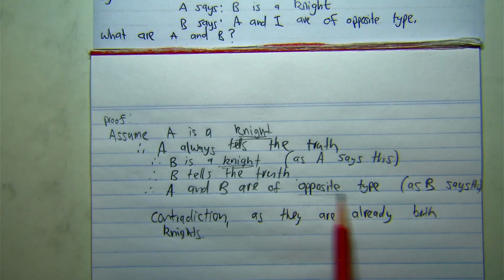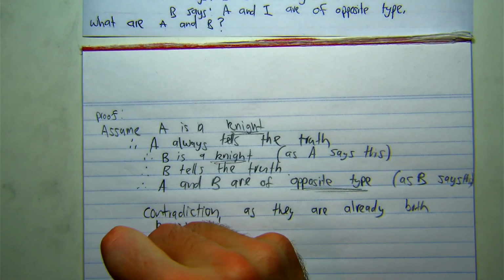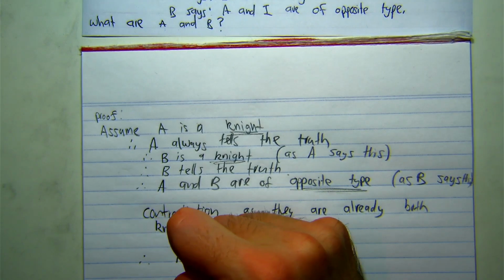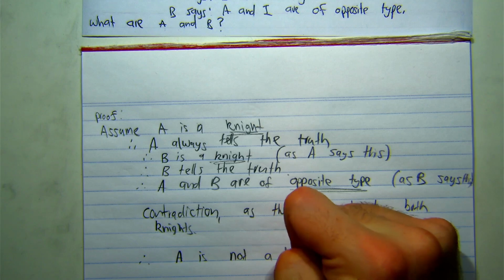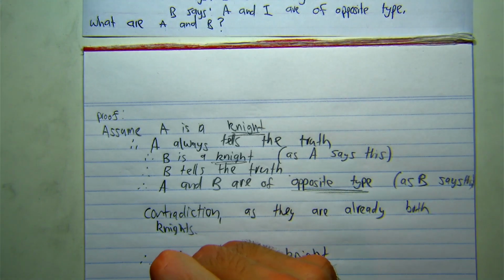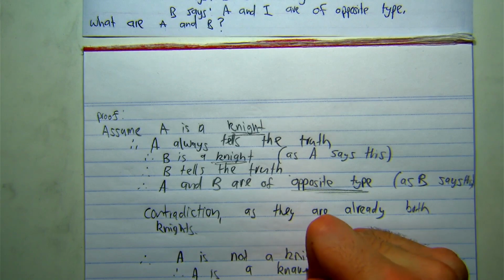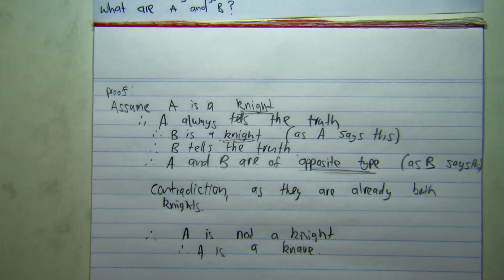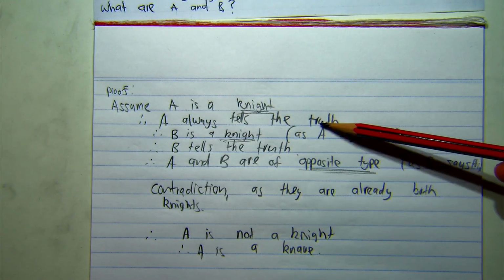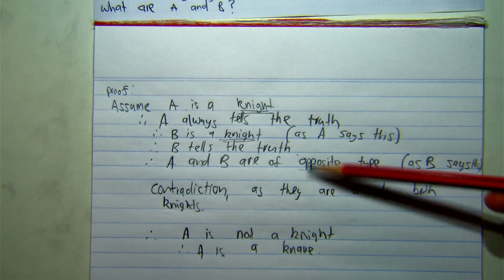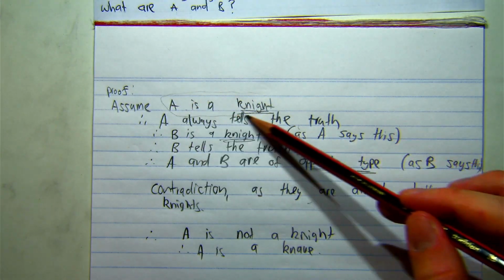So them being opposite type is contradicting them both being knights. Therefore, A is not a knight, which means that A is a knave. So we're basically proving that A cannot be a knight by showing this logical flow leading to a contradiction, making it impossible for this option to be